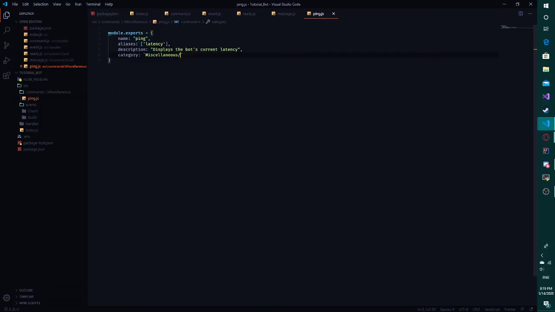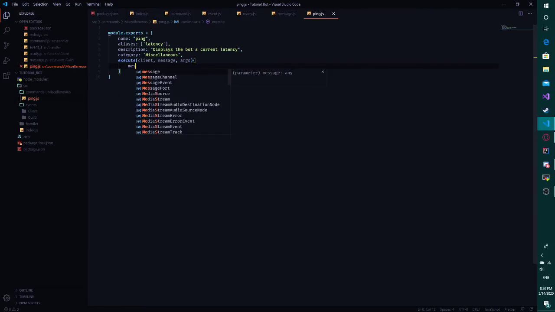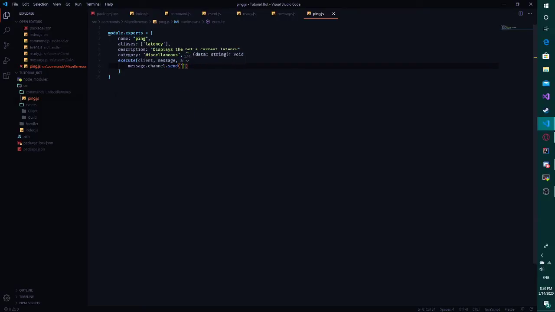I do this for some reason. I don't know why. I know I could do it differently, but I just choose to do it this way. And we also have execute and client, message, and args as formal parameters. And then we're just going to do a simple one, which is message.channel.send. And we're going to say pong